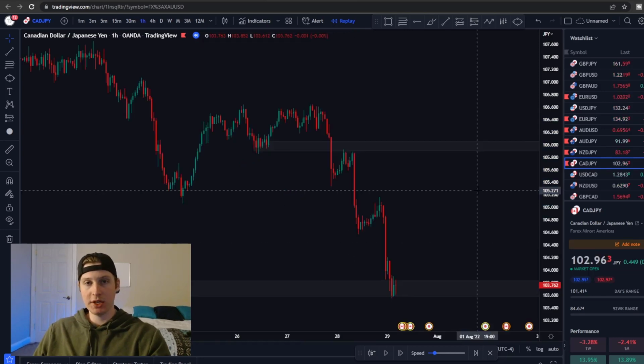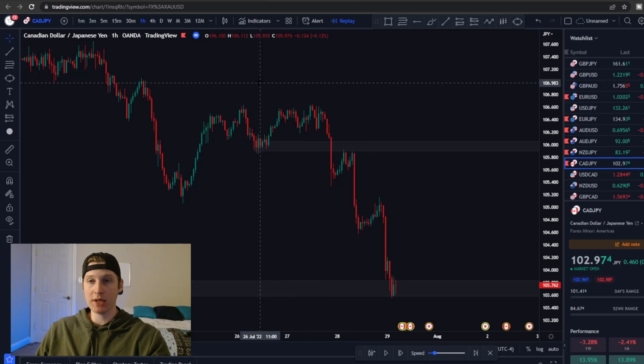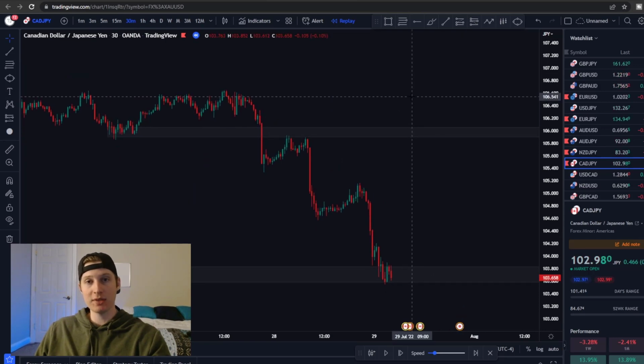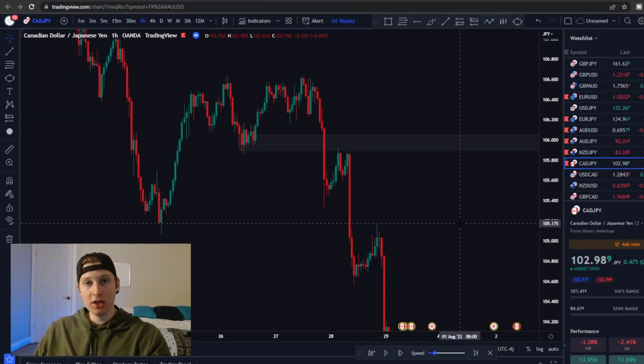And for my particular strategy, since I am an intraday trader, I am usually looking at the 1 hour and 4 hour time frame to find my significant levels of support and resistance. And then what I'll do is I'll drop it down to the 30-minute time frame to actually get a much better entry. So taking a look here at CAD JPY on the 1 hour time frame,